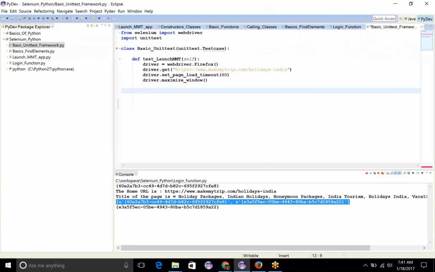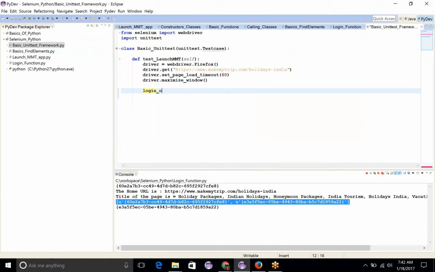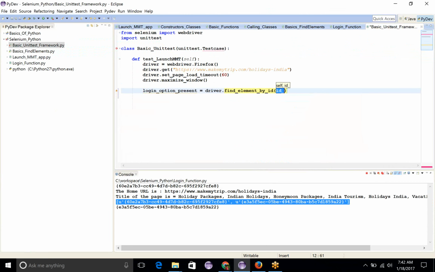First, what you will say is login option, or I would say, login option present. So this is a boolean value that I'm trying to get. Driver dot find element, where I'm looking for ID. It's a simple login, and then I say dot